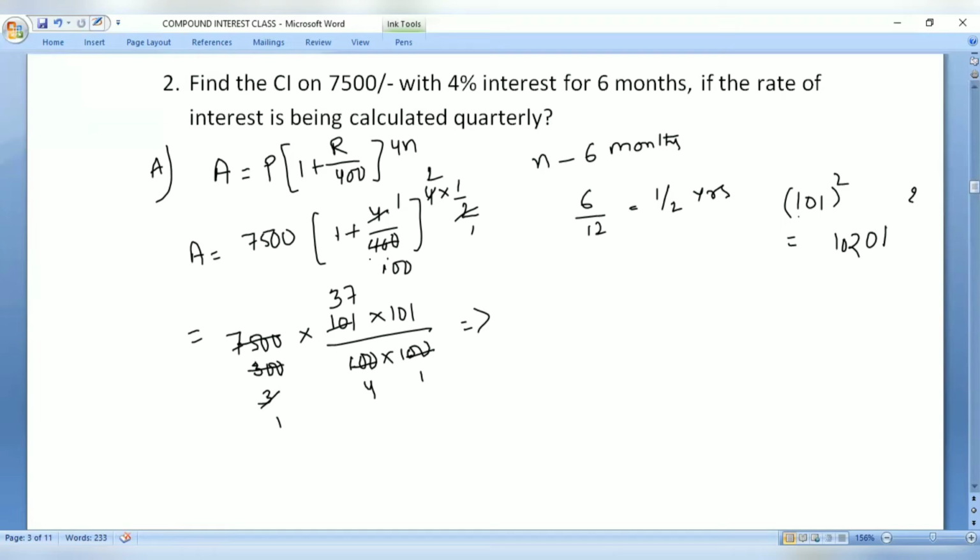Now see here. After this new calculation, we have 37 into 101 divided by 4. So 101 means 37 ones are 37, 0 means 3, 31, so 37 divided by 4. This calculation means how much we get? 4 nines. So it becomes